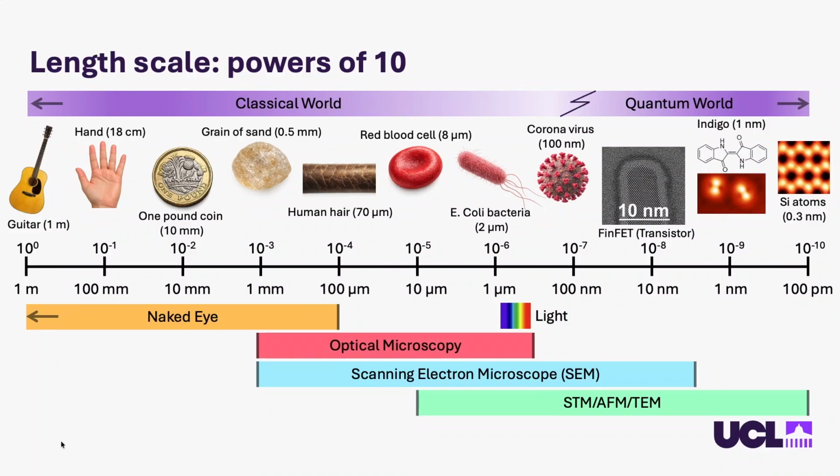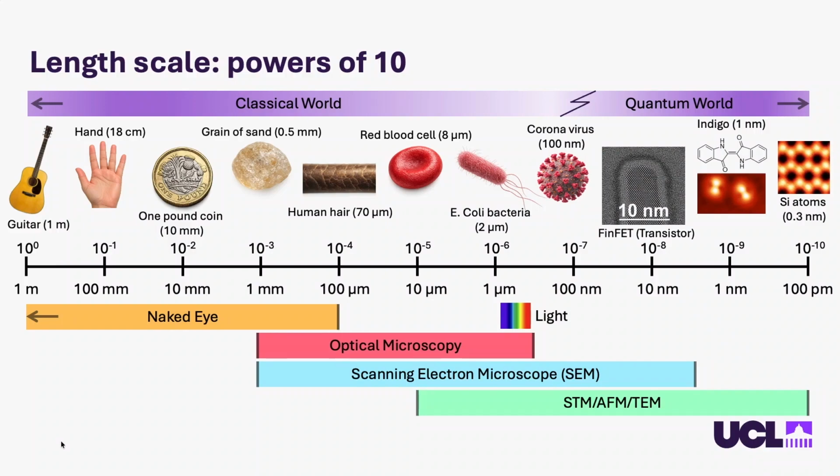So I kind of indicated here, everything to the left is your classical world, and everything to your right here is the quantum world. Underneath, I've got some length scales of imaging techniques. So, from human hair thickness up, we can see with our naked eyes. Then we have this regime here, optical microscopy, where it's actually red blood cells. And I think E. coli, I think that's right at the limit of what we can see with